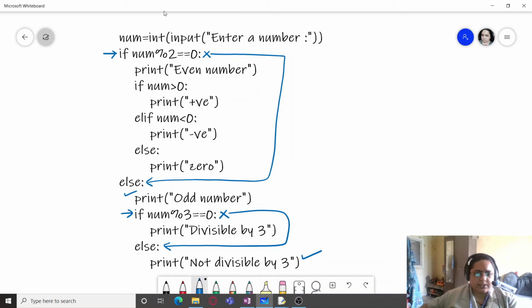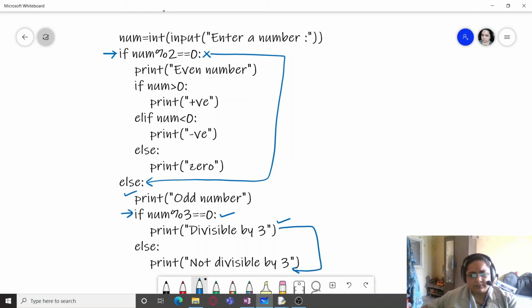If this condition is true, then this statement will be executed and the program control flow will just go to the statement which immediately follows, and it will skip this not divisible by 3 statement.